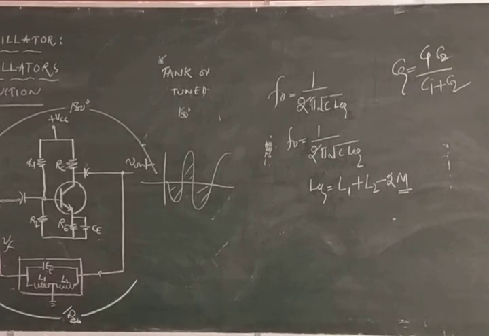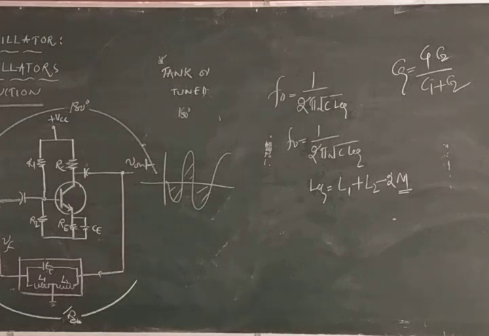Introduction, block diagram, circuit diagram, operation and frequency of oscillation. The frequency of oscillation, Barkhausen criteria and tank circuits are very important for 2 or 3 marks. What are the 3 questions? Frequency of oscillation will be asked in the exam. Barkhausen criteria will be asked for 2 or 3 marks. Next one is tank circuit, which will be asked for 2 or 3 marks in the short answer questions. These are the only possible questions.